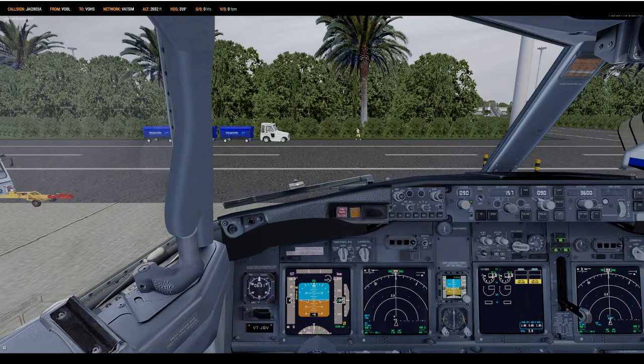So let's see. I have to read back: cleared to destination Bengaluru via departure out of runway... Stand by. Standing by. Actually, I forgot the correct phraseology of giving a departure. I have to read back: cleared to destination Bengaluru, expect... without. What is going on? Wait. I have to read back: cleared to destination Bengaluru, expect...